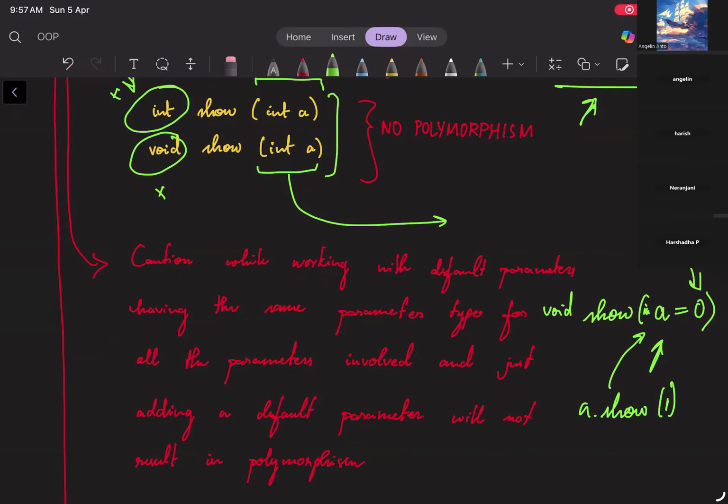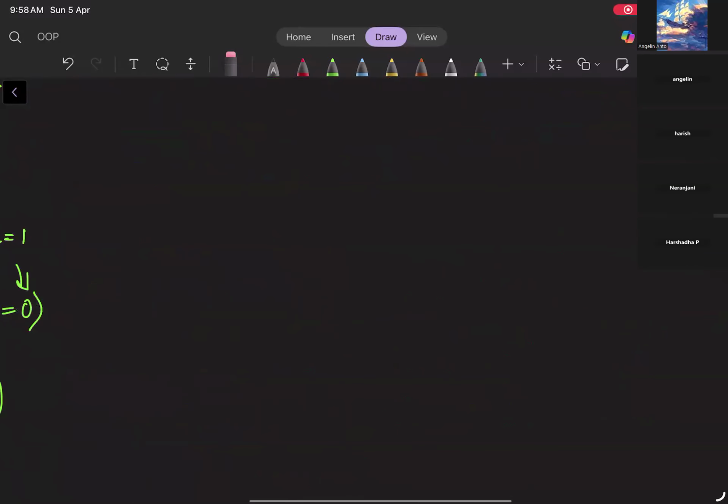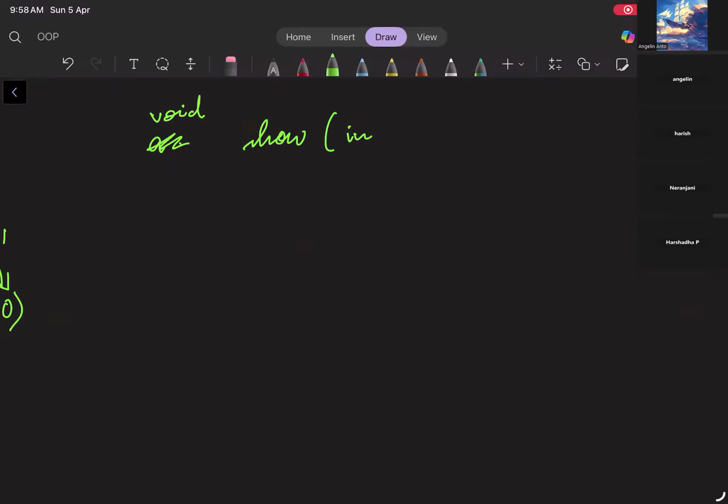So caution when working with default parameters. Why do I mention that? Let's say I have an object A, and let me first define my function. Let's say void show, and I have int A as input. And then I'm having a default parameter int B is equal to 0. Now I call my object A dot show